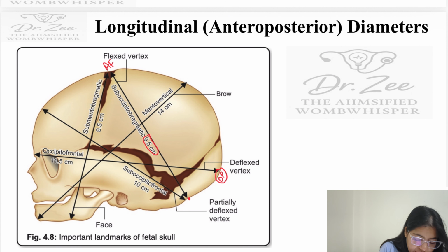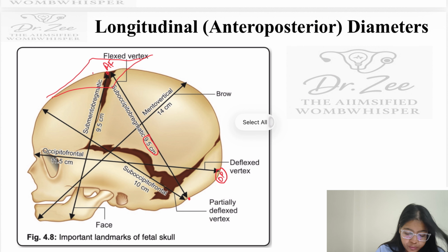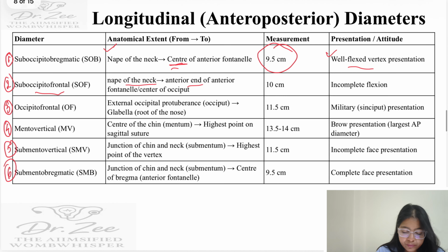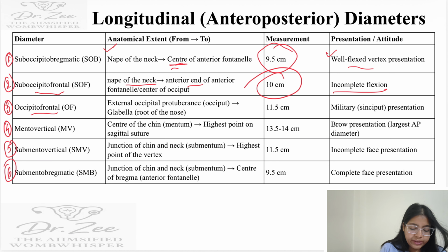If here is the fontanelle, then from the nape of the neck to the center is suboccipitobregmatic, and from the nape of the neck to the anterior end of the fontanelle is suboccipitofrontal, which is 10 centimeter. Okay, and it is the diameter of presentation when the fetal head is in incomplete flexion. Similarly, occipitofrontal extends from the occiput to the glabella, that is the root of the nose, and it is 11.5 centimeter, and it is the diameter of presentation in sinciput